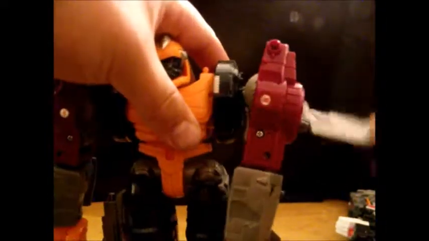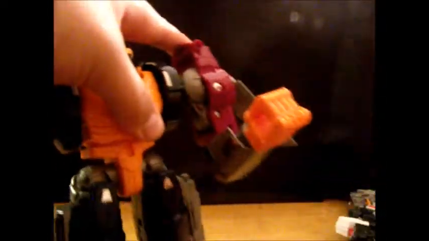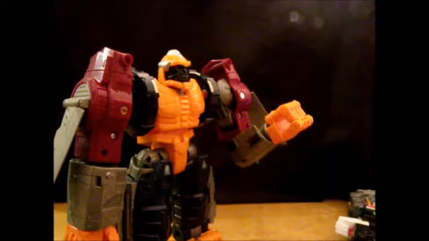It can go all the way, full 360, in and out, but that is also mainly a transformation joint. The wings are on joints. They have a hinge and a rotation, so you can play with them however you want. He does have poppy-offy bicep bits, but you have a bicep swivel. You also have a, excuse me,